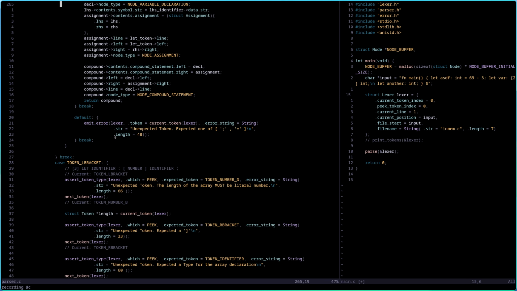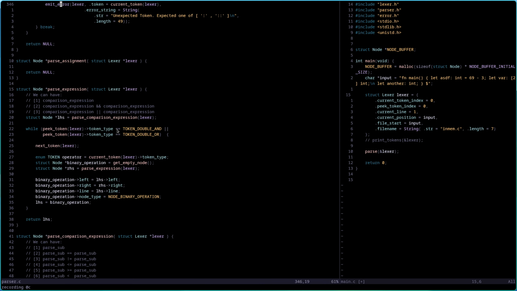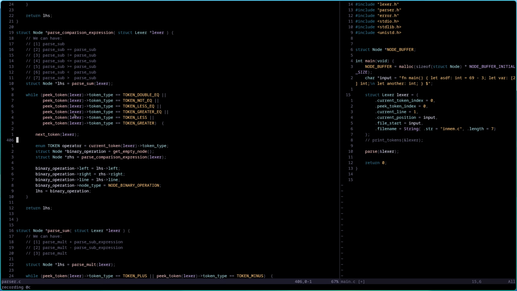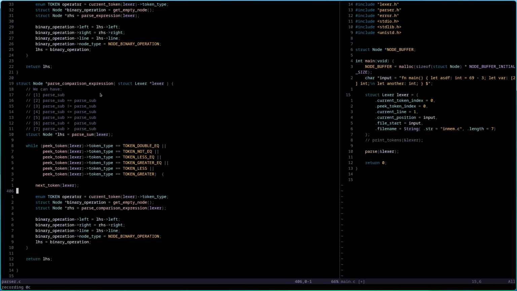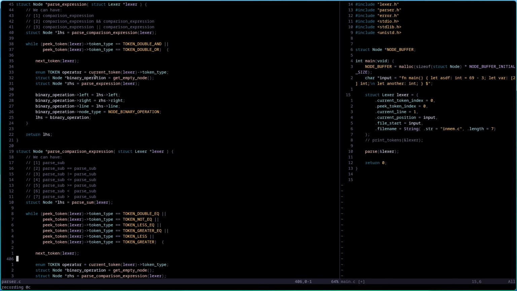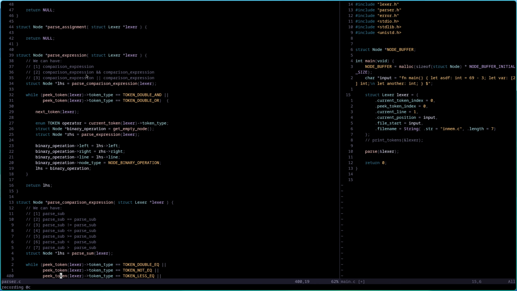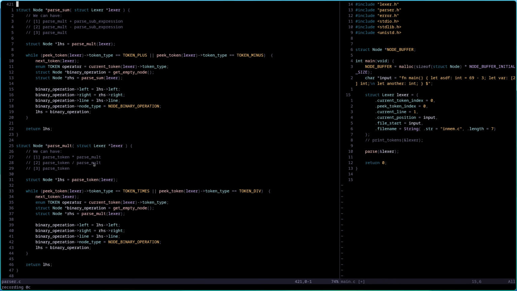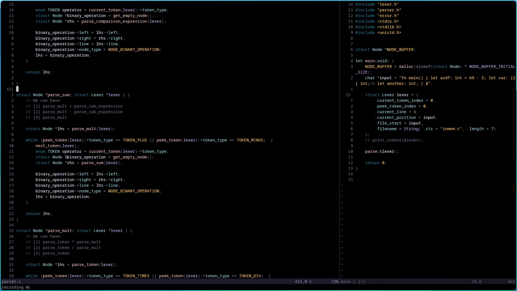And you can see it's just basically filling it out. And the parse expression is just the same. So we have the top level expression, then we have some comparisons like equals. And you might ask yourself, why would I go into the trouble of doing all this recursion? This function calls this, and this calls this, and this calls this. It's to make precedence correct.